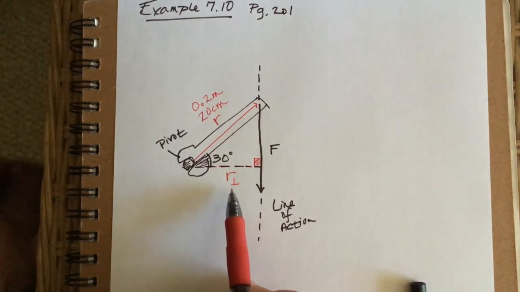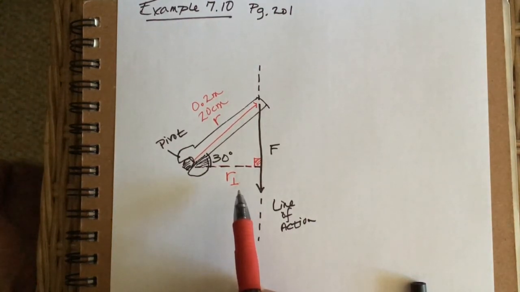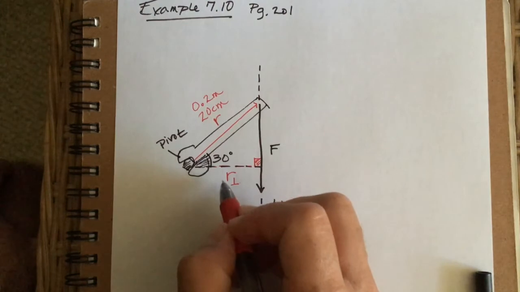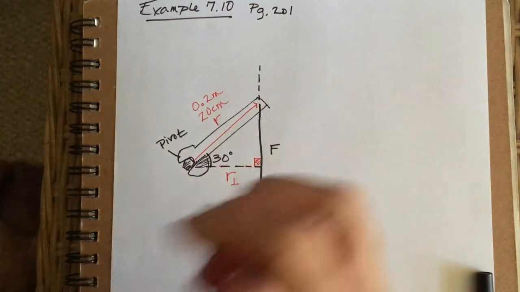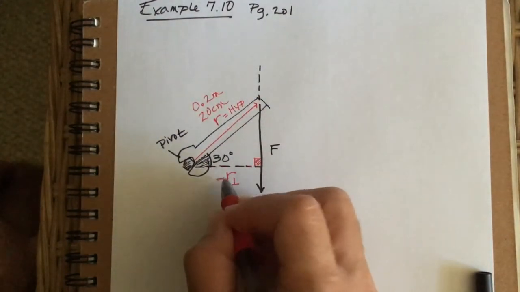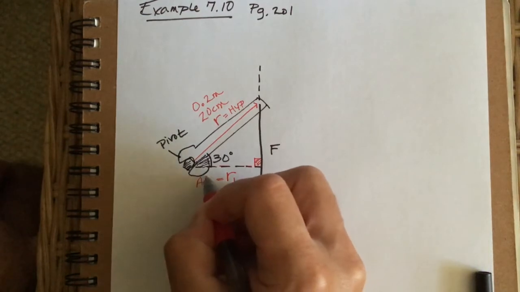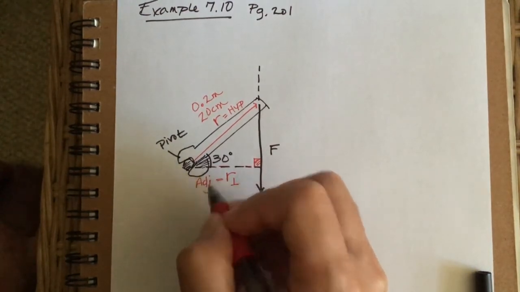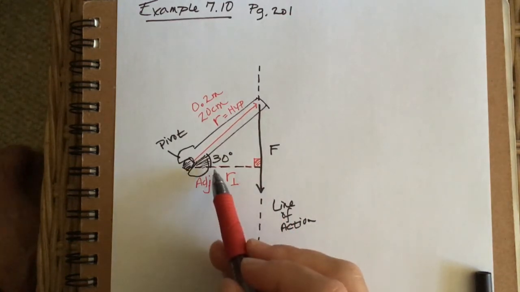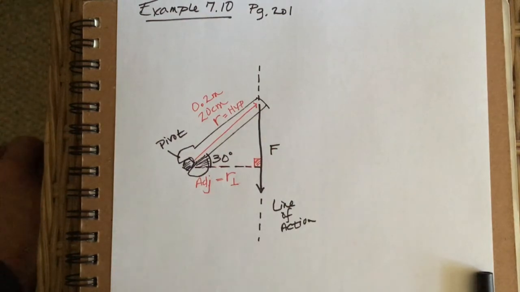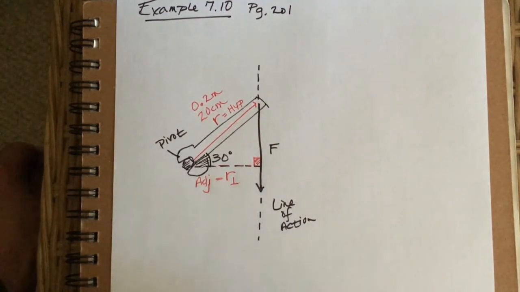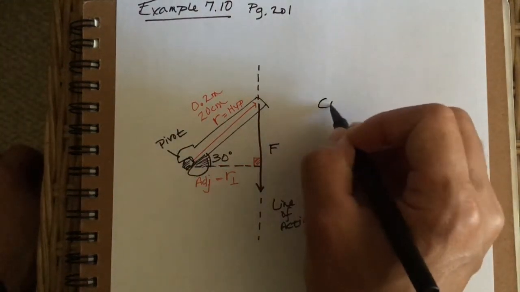So this is the component of R that we're interested in. And so what I'm trying to say then is that R perp is going to be adjacent to 30 degrees, right? Because this is going to be my hypotenuse up here, and this is going to be my adjacent side. So once again, we don't get to use sine, because they stuck us with this odd angle. Now, if we use 60 degrees, we could get away with using sine. But they gave us 30, and it makes sense to use 30, so I'm just going to stick with it, right? I want to know what the adjacent is, so I'm going to go ahead and write out my cosine